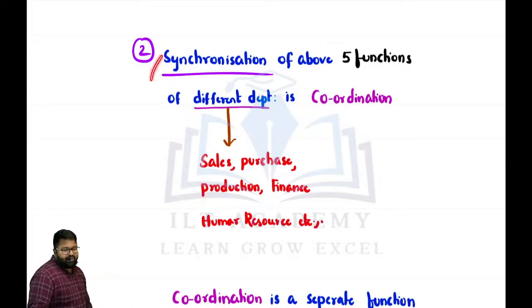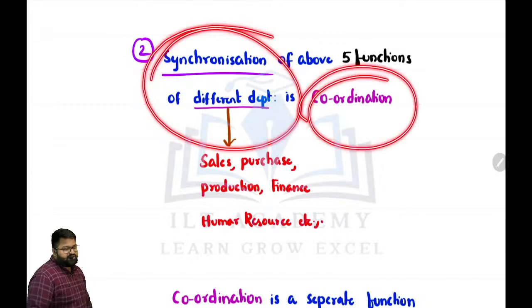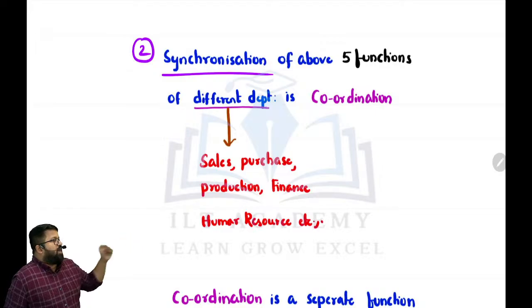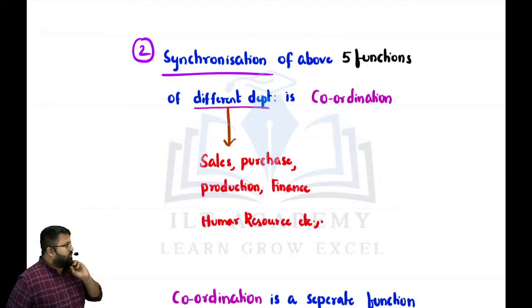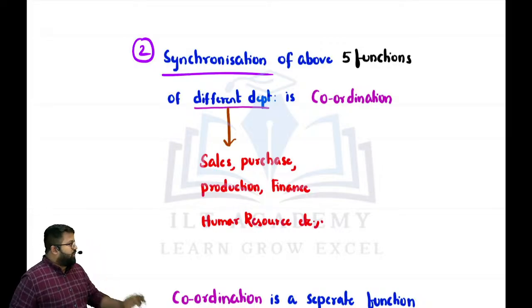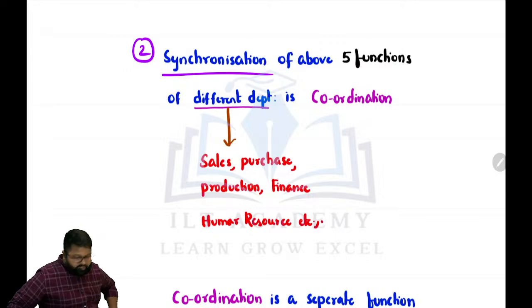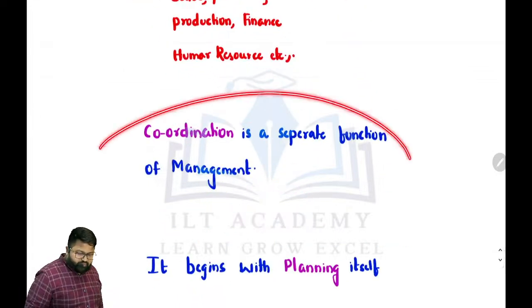So mainly what is required, ma? Of all these functions, coordination. How much we need, what quality we need, at what time we need. This information should be around all the departments. Then they will go on the right track. Okay. For that, what is required, buddies? Coordination. Okay. And next, what, ma? Next key point.